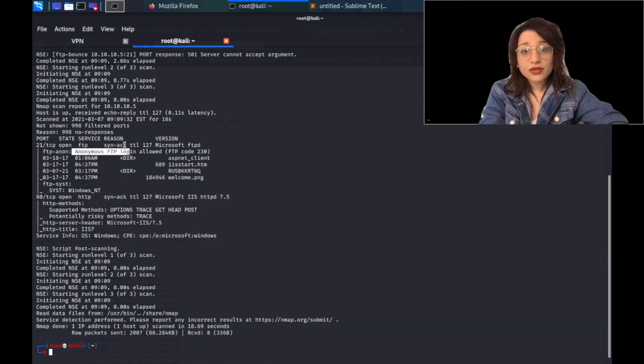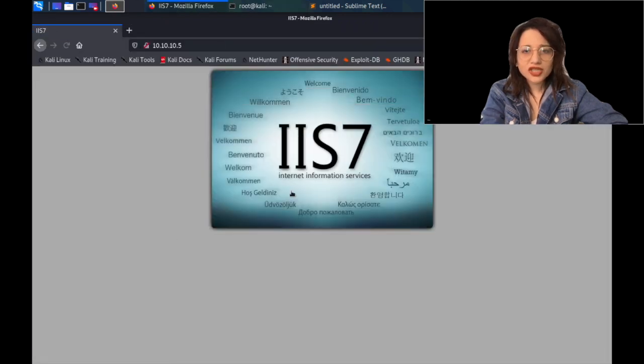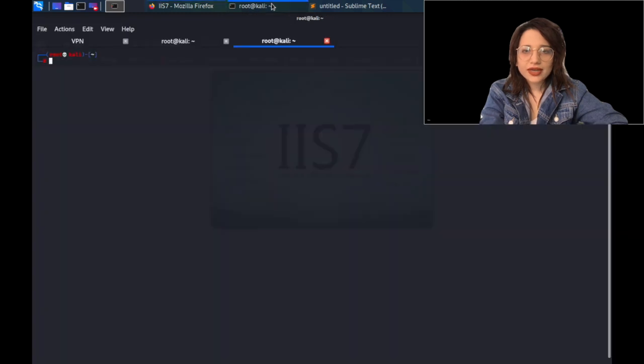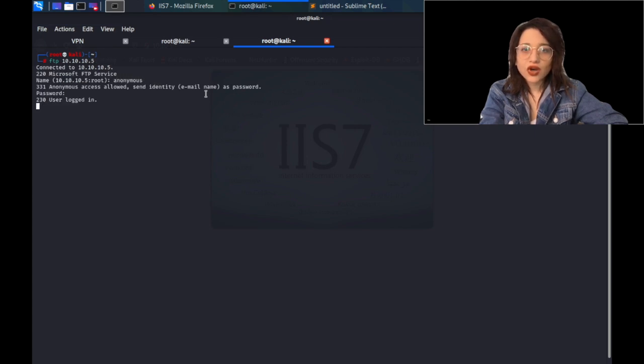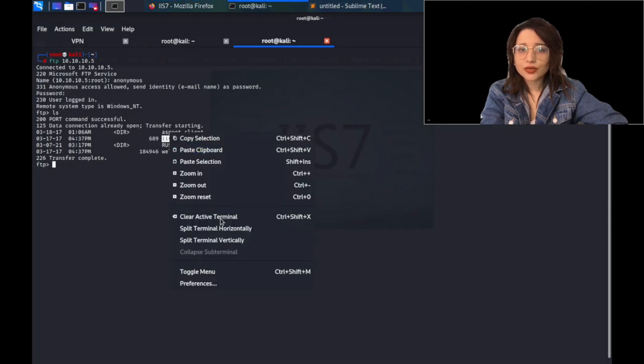Perfect. As you can see, anonymous FTP is allowed. I love that part. And there's an HTTP page. It's IIS. When I go there, I can verify it. I will be using anonymous FTP, and we'll go there with the FTP command. I will write anonymous and no password. When I say ls, as you can see, there is iisstart.htm, the default page that I'm seeing in the browser, and whatever file I put there will immediately be in the root directory for the